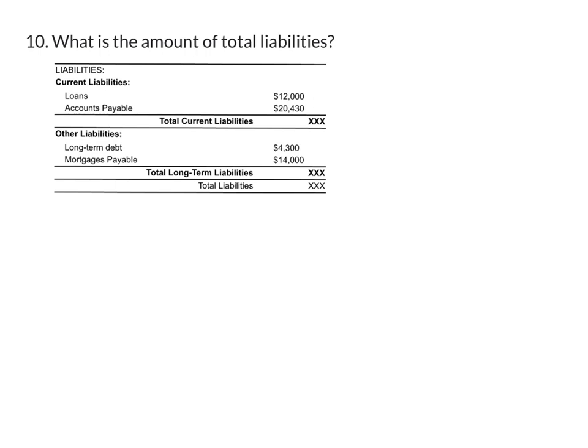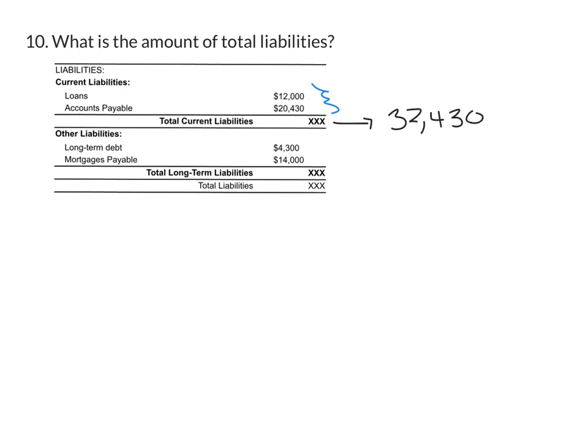What is the amount of total liabilities? So this is similar. Remember, liabilities are the debts that the company or the business owes. Current liabilities are short-term, and then we have long-term liabilities. So to find the total of all liabilities, we're going to add the current liabilities together to get a total. So $12,000 plus $20,430 gives us $32,430. So total current liabilities is